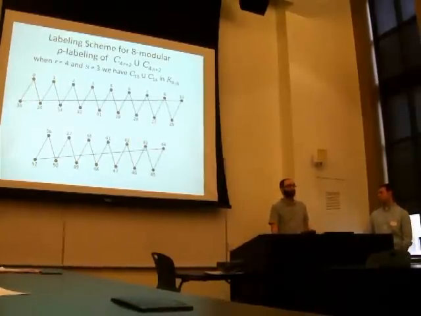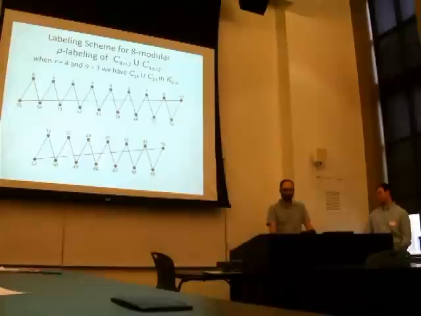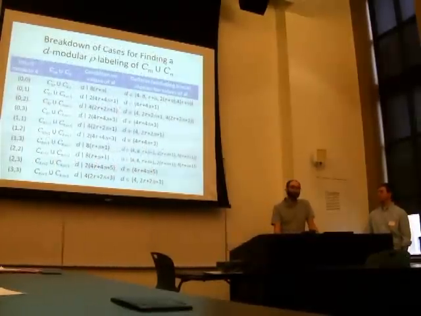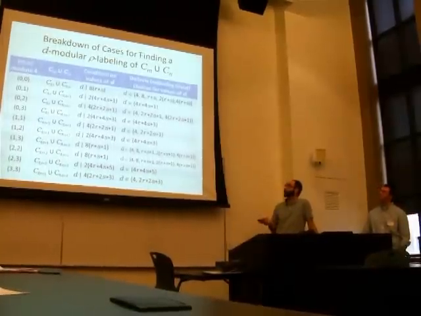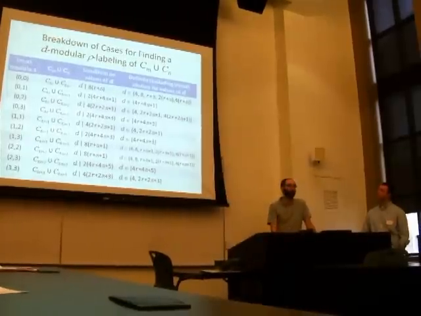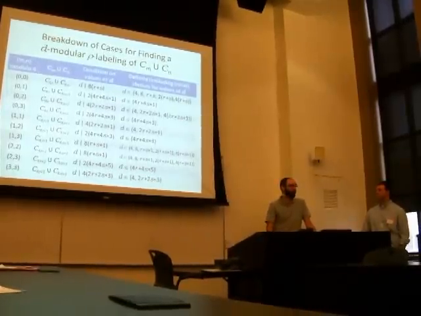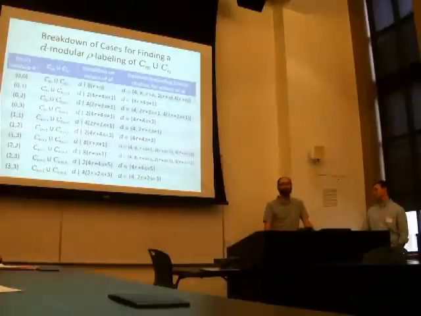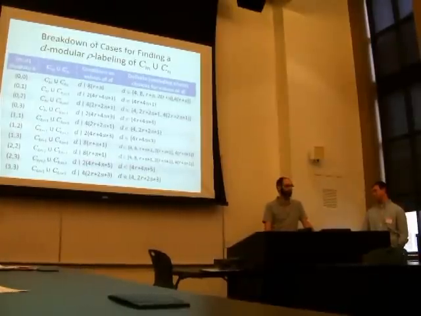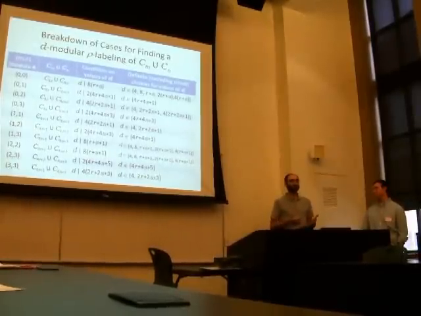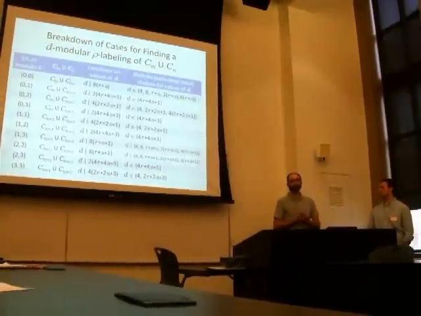So really, what we were doing this summer is just finding all these different patterns. And the way it worked out, for each divisor, there were different patterns. And sometimes for our divisors, we had multiple patterns. So we have all of our divisors here. We ended up with about 60 or more different patterns. What that means, using those patterns, is we can take the union of any 2 cycles, and we can come up with an infinite class of graphs that those 2 cycles will decompose. And that was the main focus of our research. Just saying, give us any 2 cycles, we can tell you a complete multipartite graph that those cycles